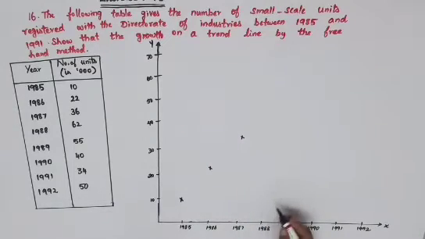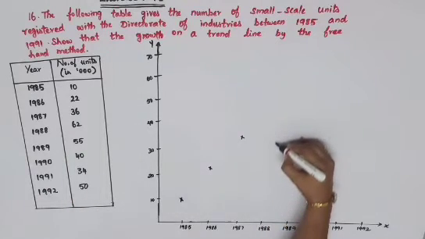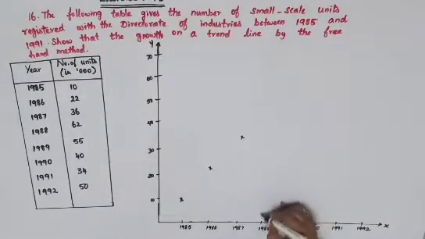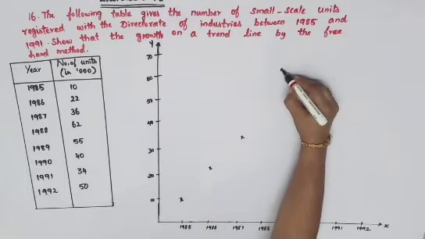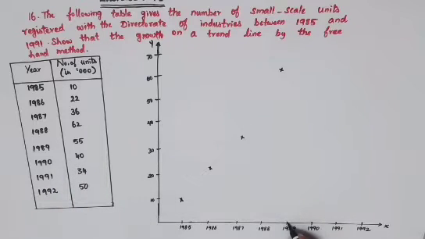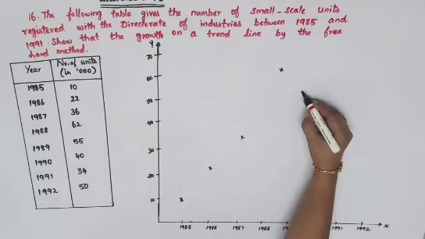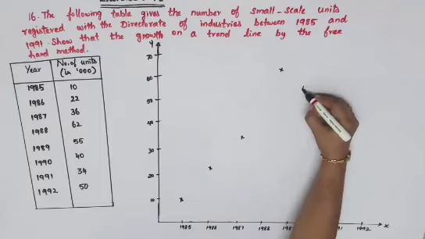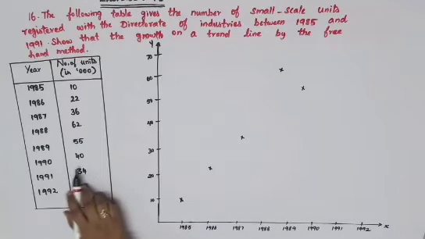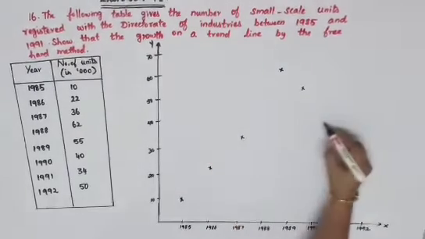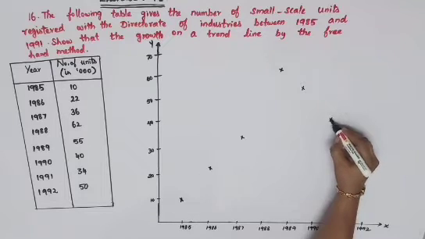So here. The next one is 1988, 62. So 1988 is here. So 62 will be there on top here. 60 is here. So straight to here and straight to this. So somewhere you will have your 62 here. So the next value is 1989, 55. So 1989 is here and your 55 will be here somewhere. 50 is here. So straight to that, 55 you will have it here. So the next value is 1990 and 40. So 1990 is here and your 40 is straight to this here. So 1990 and 40 you will have somewhere here.